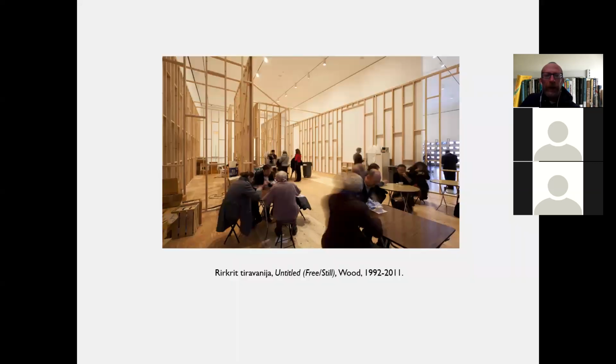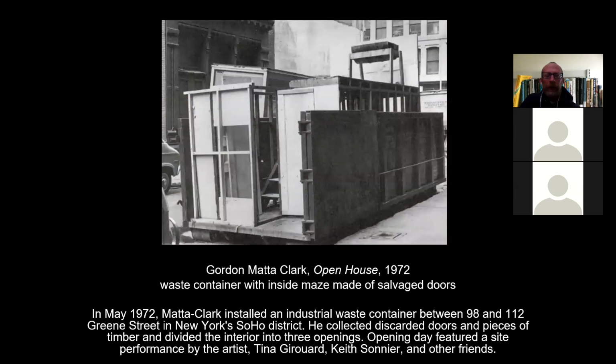This piece also, I think, was in part an attempt to recreate a famous Gordon Matta Clark work called Open House. Matta Clark repurposed this gigantic dumpster or waste container, the kind of thing that they set up at construction sites, and in the interior of this waste container, he constructed a kind of maze